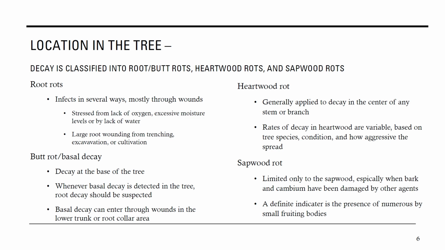Rates of decay in heartwood are variable based on tree species, condition, and how aggressive the spread. To add to that, you've got true heartwood and false heartwood. You can go down and start Googling, it's kind of interesting, so there are different ways to learn why some trees decay faster. But with heartwood rot, it might not be as bad as people think, because